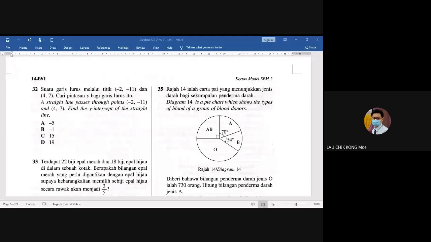Next Monday we don't have a class, right? And next Tuesday is Hari Kebangsaan, Tuesday 31st of August, so we don't have a class. That is a public holiday. And next Wednesday, 1st of September, you will start your first try exam, right? So I think that this is our meet before you go to